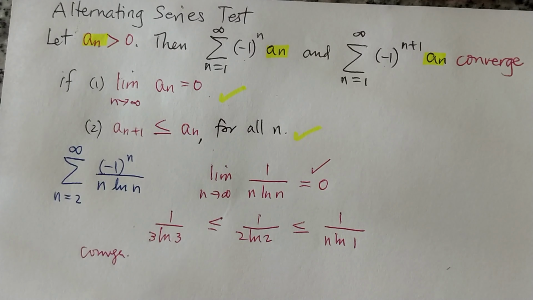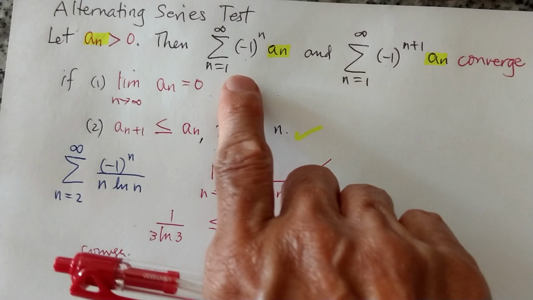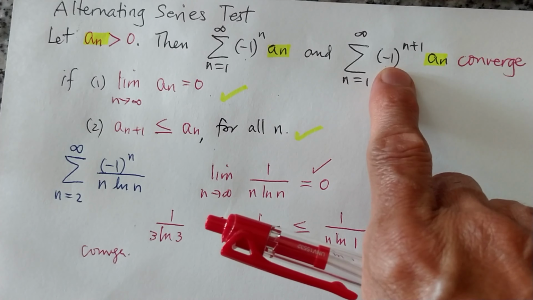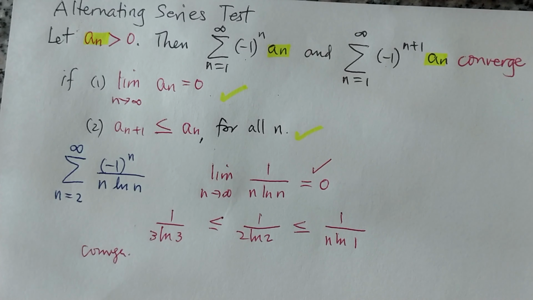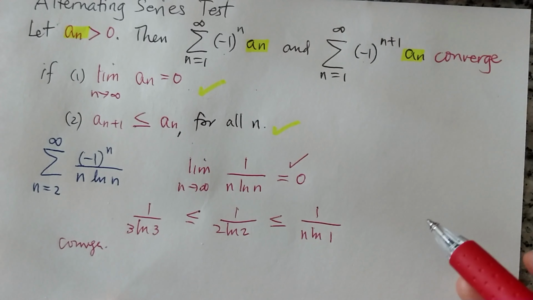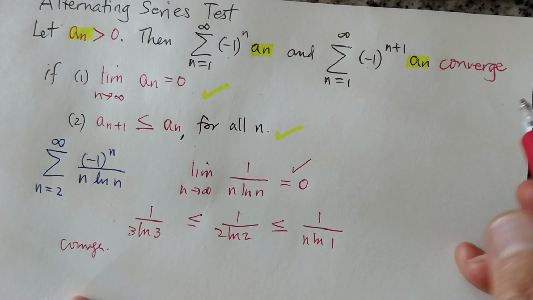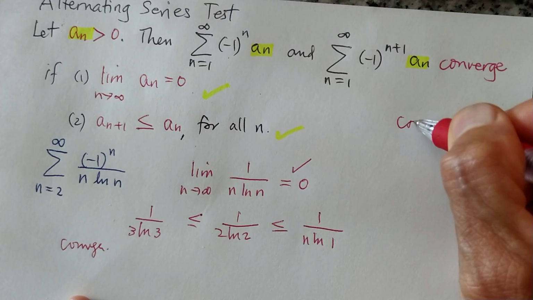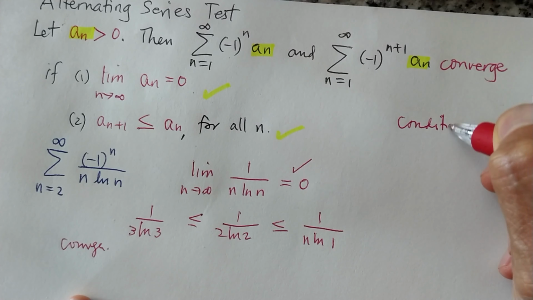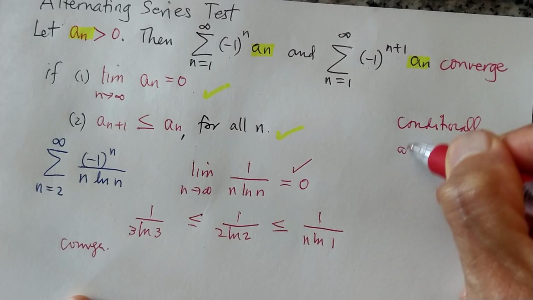Now, with this (-1)^n present in the series, there is another thing that we need to consider. Does the series converge conditionally or absolutely? The series